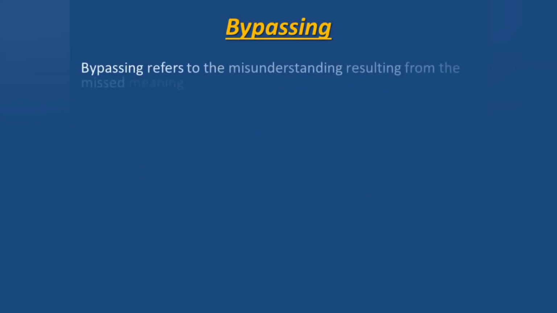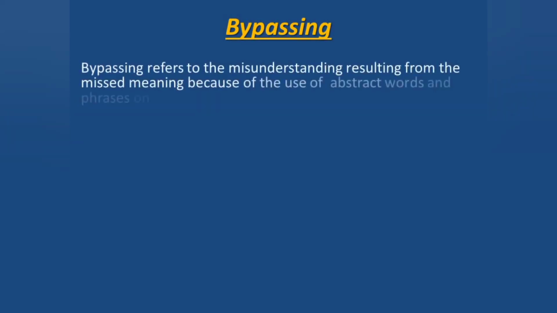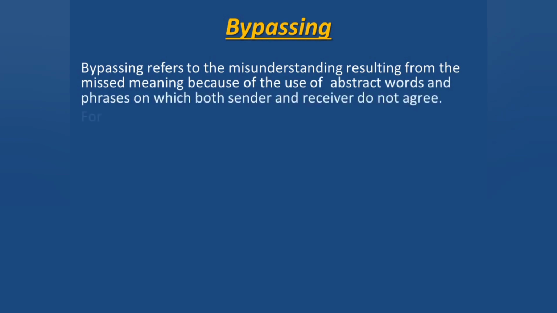Bypassing. Bypassing refers to misunderstanding resulting from missed meaning because of the use of abstract words and phrases on which both sender and receiver do not agree. For example,